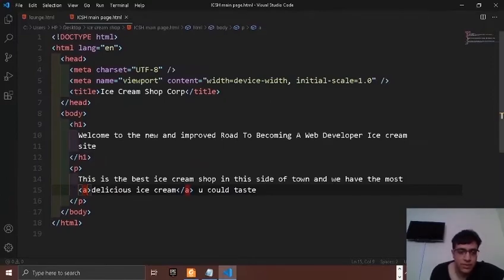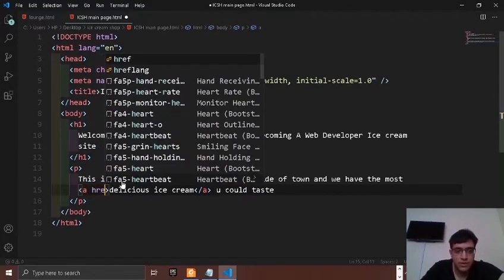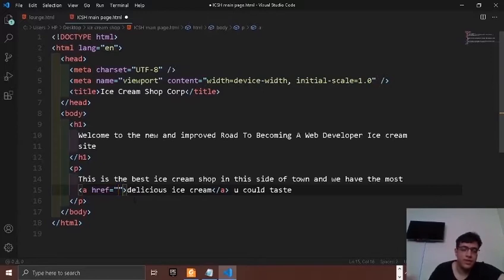So here's how we're gonna do that. We're gonna go add an attribute to it. We're gonna go href, right? And we're gonna add link this to another HTML page, right? So let's say, what do you want to link this to? Let's get to ice cream